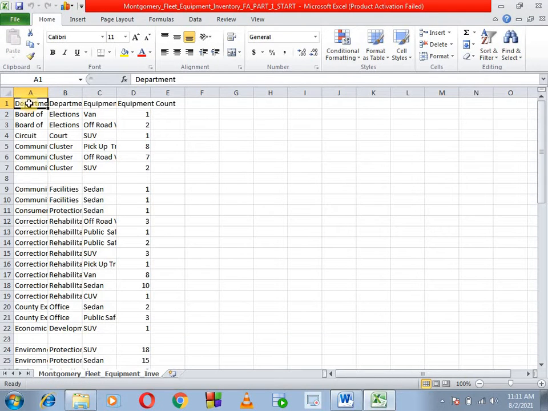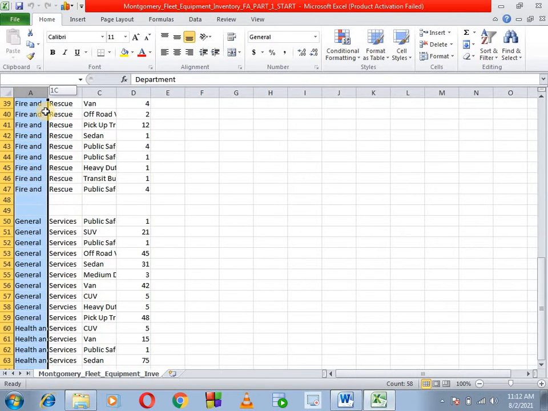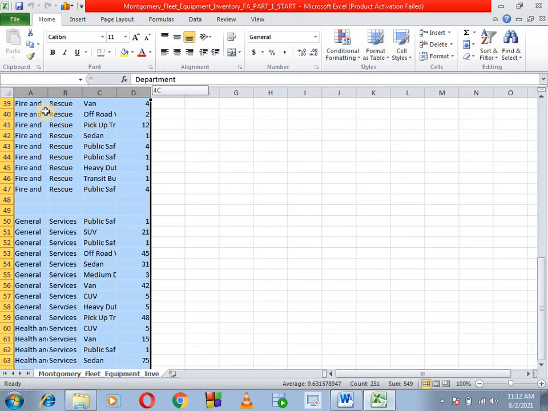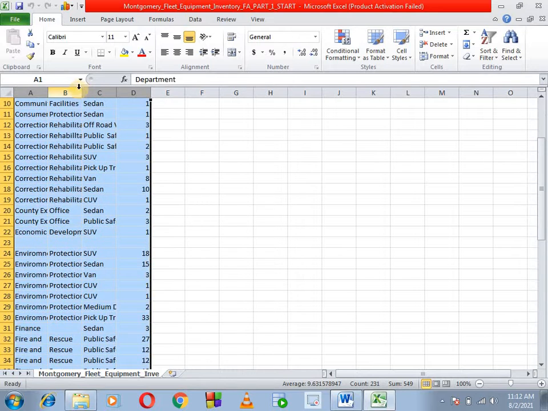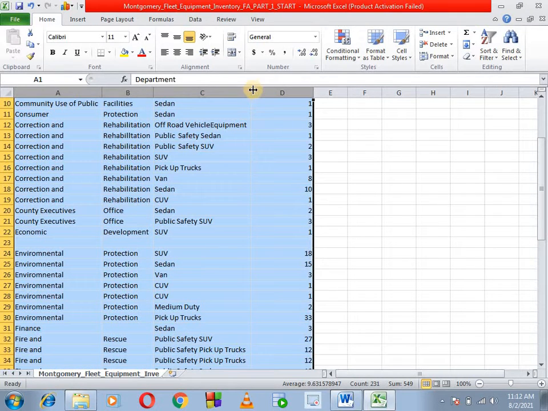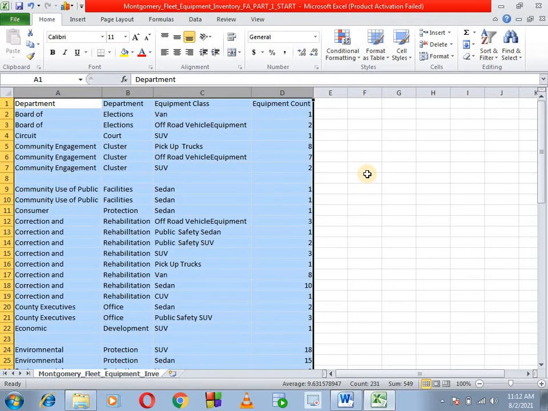And the second task is to adjust the column width, because some of the values are not displayed. You can select with Control Shift and arrow, and then just click any of these bars and it will adjust automatically.